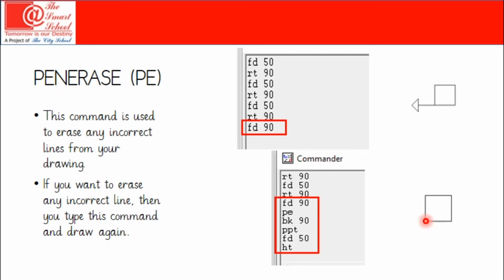HT has hidden the turtle, and I've got a perfect square here. One more thing, that BK 90 has made the turtle move 90 points backward, but if you use BK 40, it will turn from this point to this point and this portion will be erased. You can do it in either way as you like.